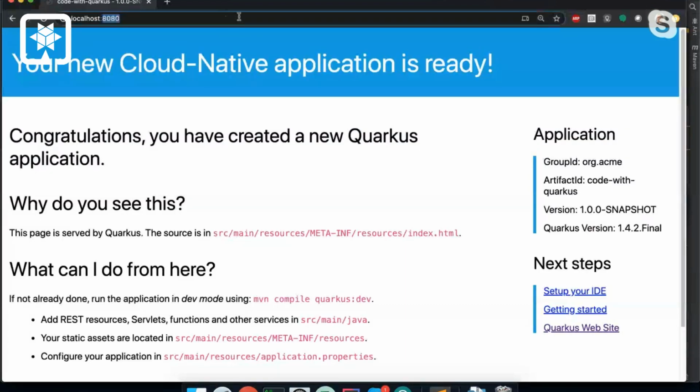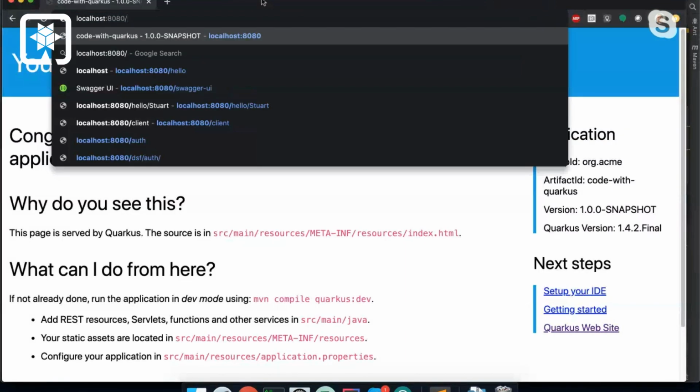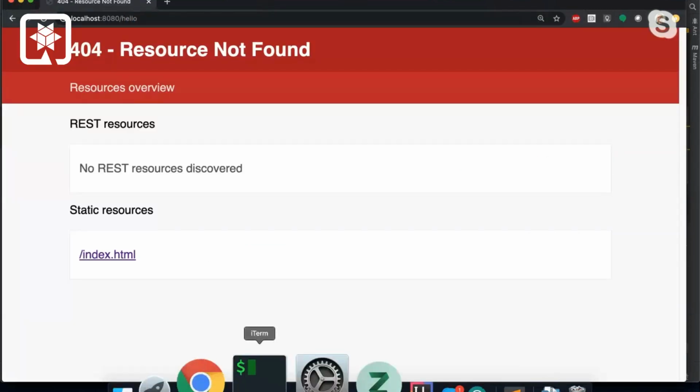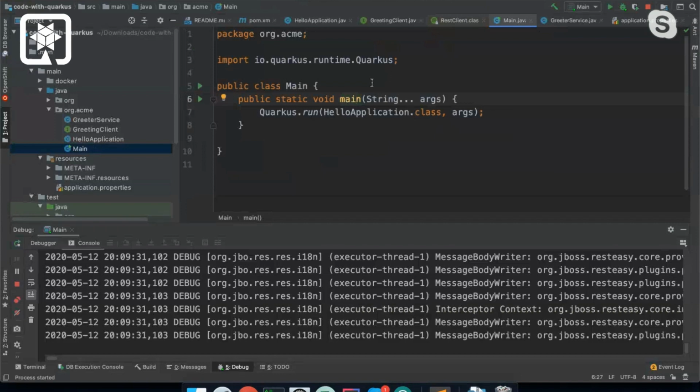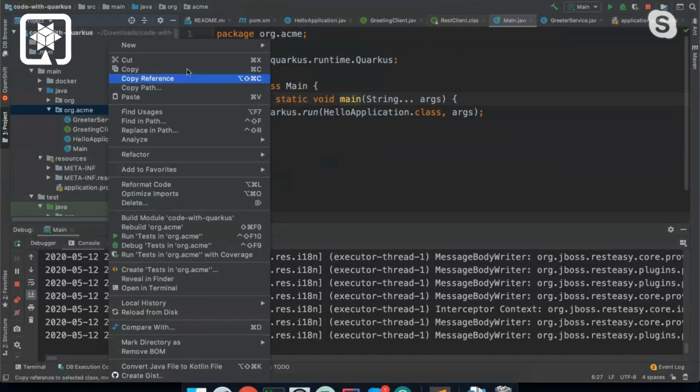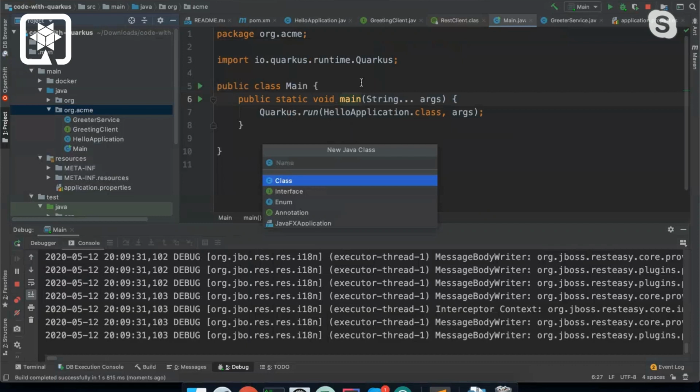So here I've got a basic web server, but I don't have any REST resources. But previously when I showed this off, you couldn't actually do hot reloads when you just launch from the IDE. So when you right click on this main and go run, that was it, you were stuck with it. But with my changes from today,